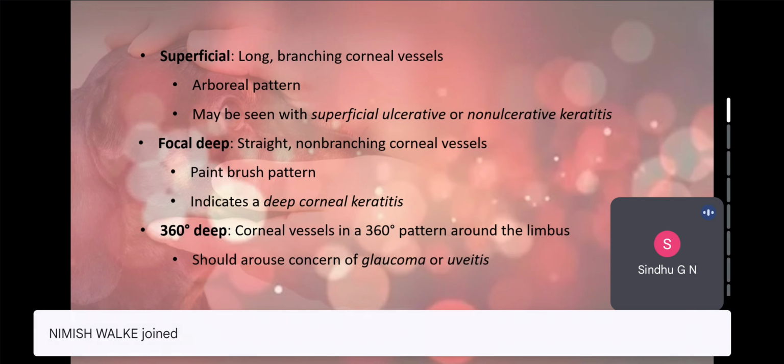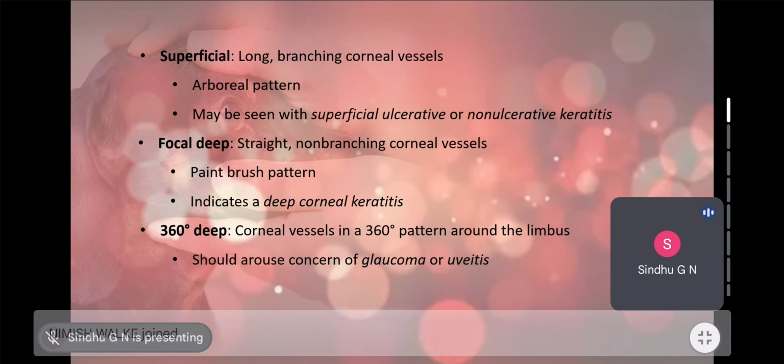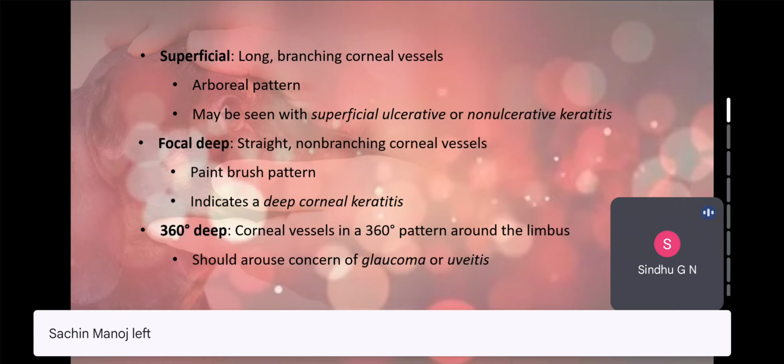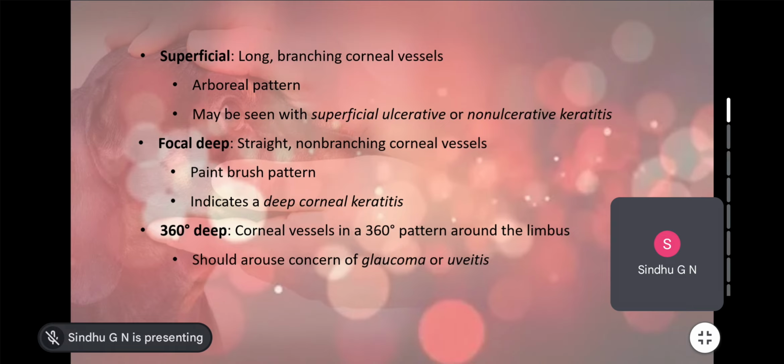Deep vessels will be more straight and non-branching. It will give a paintbrush pattern appearance. They indicate a deeper corneal keratitis if it is focal, at one point alone, like for example, if it is at 2 o'clock angle,